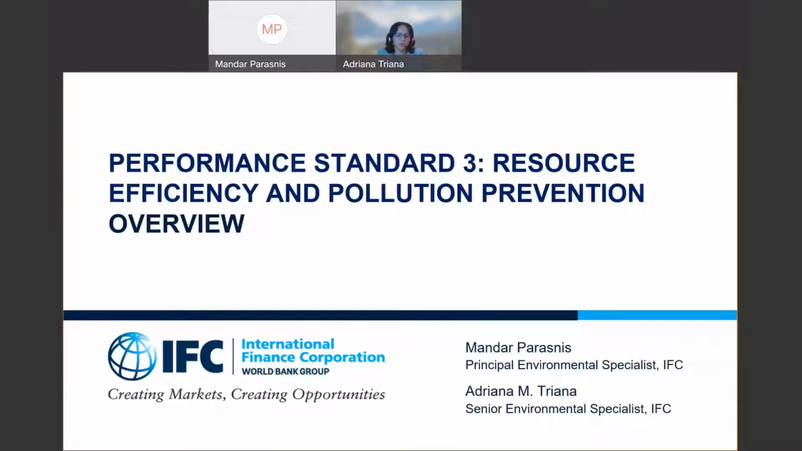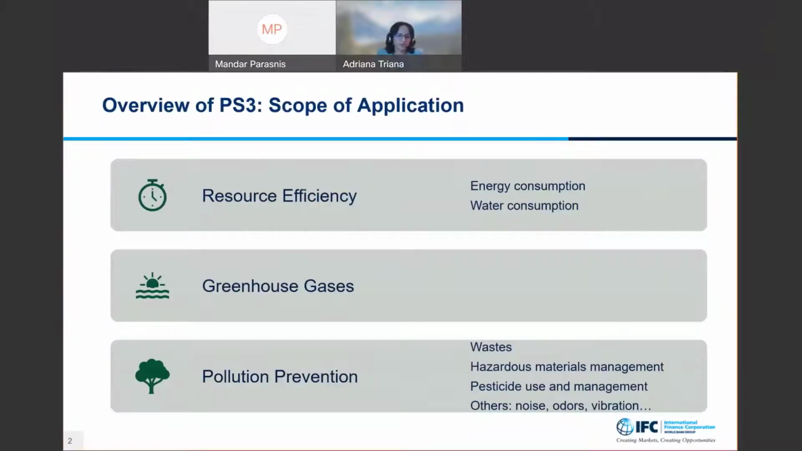Welcome to this overview on Performance Standard 3, that is on resource efficiency and pollution prevention. Performance Standard 3 covers three big areas: resource efficiency, greenhouse gases, and pollution prevention. We will go into detail on these three topics, but first we will provide the overarching principles of this